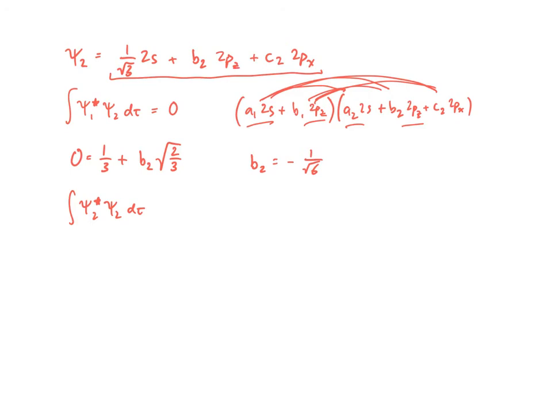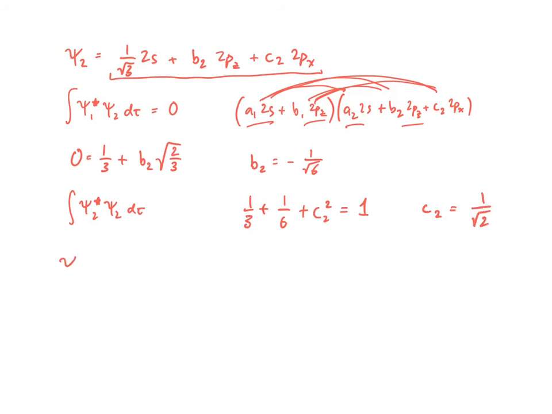But again, only the terms that have an orbital times itself are going to equal anything other than 0. And so once we do that trick, we get 1/3 plus 1/6 plus C2 squared equals 1. And when you manipulate that algebraically, you get C2 equals 1 over square root of 2,